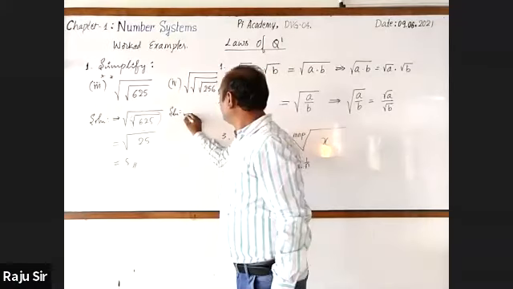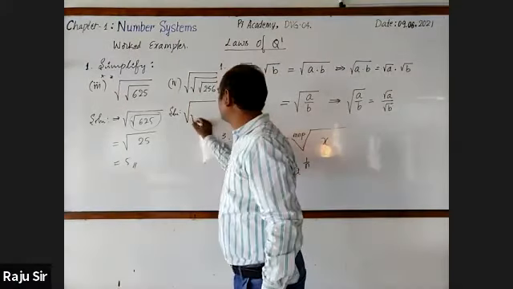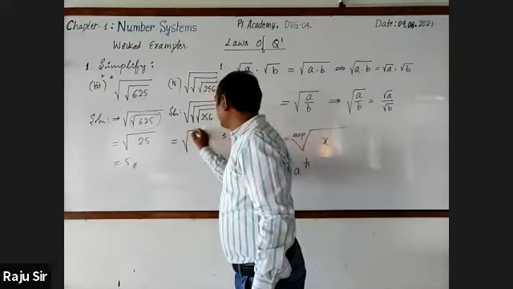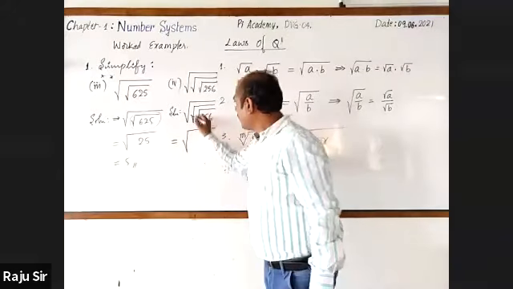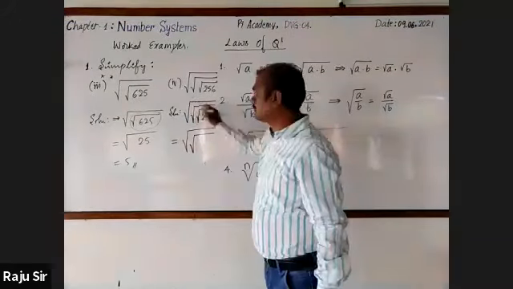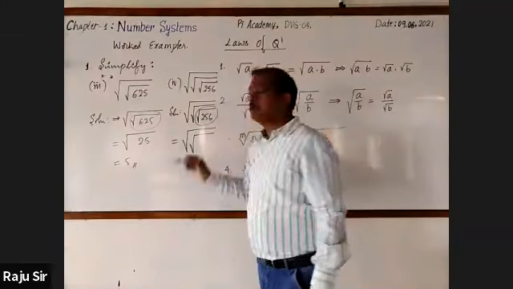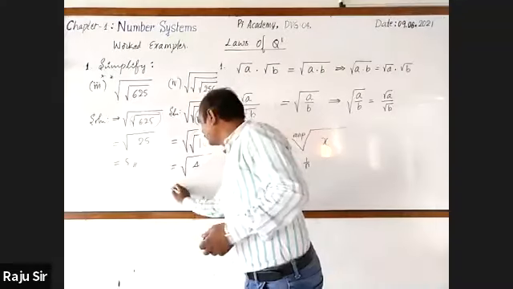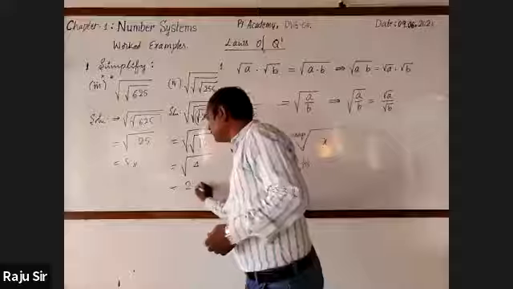Look here, I'll explain that. The given number is square root of square root of square root of 256. There are 3 roots. I write 2 roots as they are and take the value of the square root of 256, which is 16. Remove the next root: square root of 16 is 4. The last root is there: square root of 4 is 2. That's all. The answer is 2.